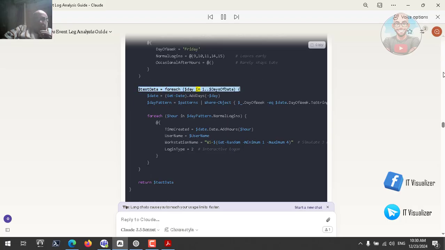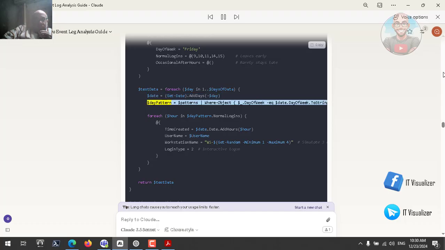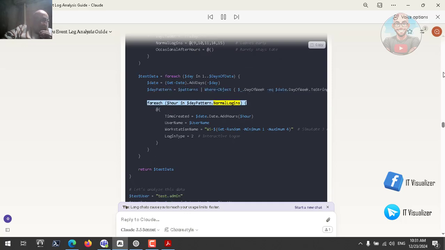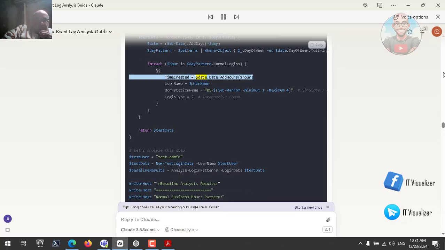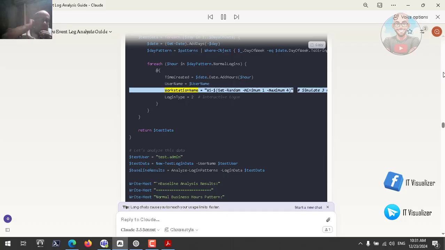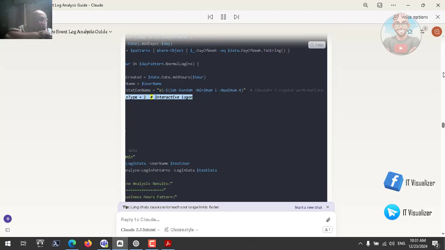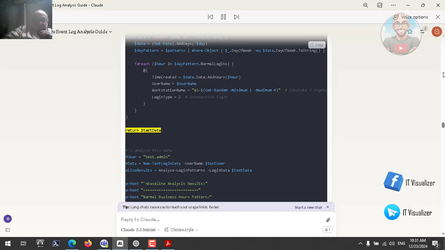$testData = foreach ($day in 1..$DaysOfData) { $date = (Get-Date).AddDays(-$day); $dayPattern = $patterns | Where-Object { $_.DayOfWeek -eq $date.DayOfWeek.ToString() }; foreach ($hour in $dayPattern.NormalLogins) { TimeCreated = $date.Date.AddHours($hour); Username = $username; WorkstationName = "WS$(Get-Random -Minimum 1 -Maximum 4)" # Simulate 3 regular workstations. LoginType = 2 # Interactive logon. } } return $testData